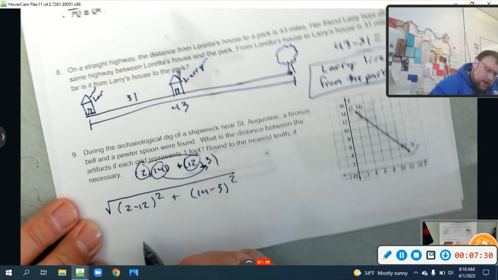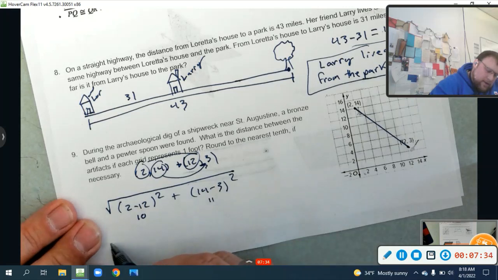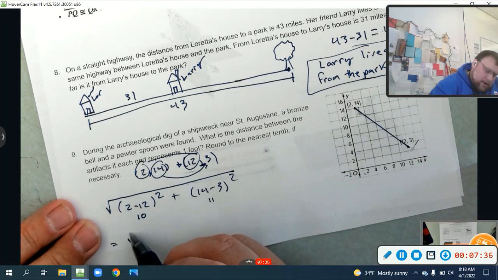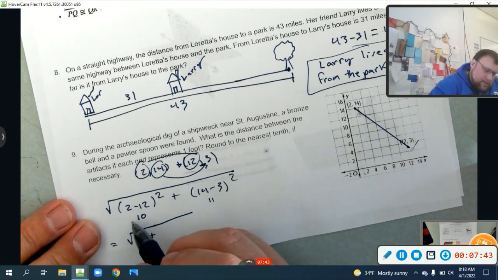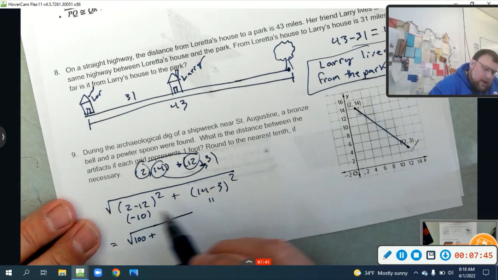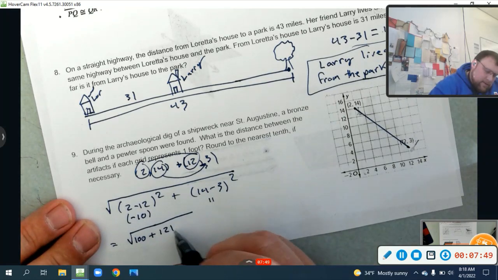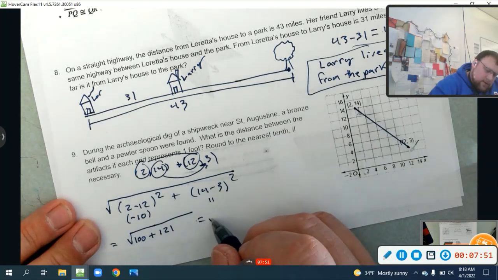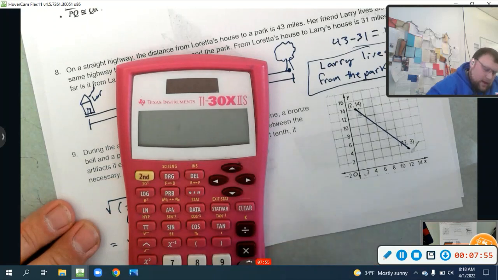All right, and what's that going to be? That's going to be negative 10 and 11 here. So this is going to equal, what's 10 squared? It's 100. Yes, I'm sorry, negative 10 squared. However, that becomes a positive 100. And 11 squared is 121. So this equals the square root of 221, which, if we do that,